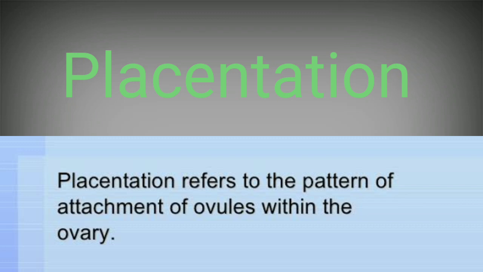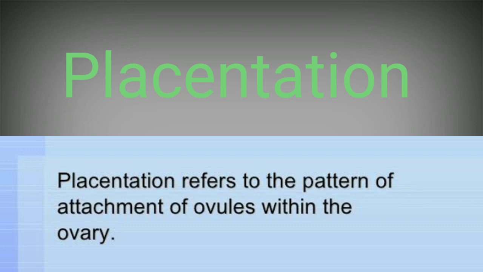As for example, in case of papaya, that is a different one. In case of watermelon, that is a different one. Then in case of mango, this whole arrangement of seeds during their younger stage, when they are attached to the placenta and they are in an arranged form, that is what is called placentation. Now let's come to the types of placentation.